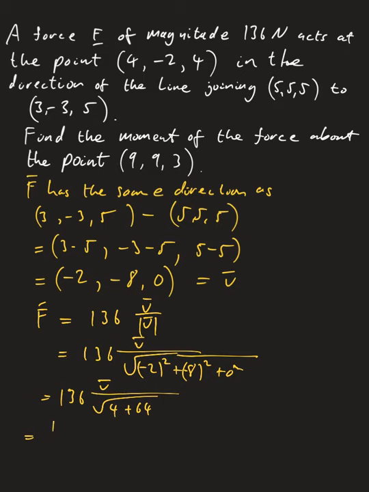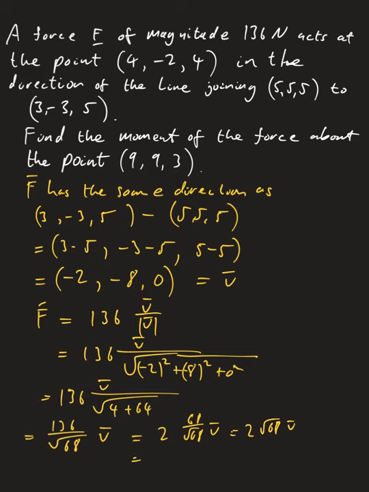That's equal to 136, I'll put it over here this time, divided by the square root of 68 times V. It so happens that 136 is twice 68, so that's equal to 2 times 68 divided by the square root of 68 times V. So that's just equal to twice the square root of 68 times V,